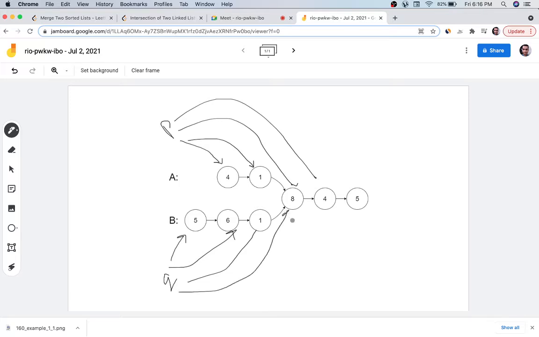I hope you are understanding. We are incrementing one by one. First we compare whether they are equal or not, then we increment to the next. Next P comes to 5 and Q comes to 4. Now you can see 5 has reached the end, before the other one has reached null.